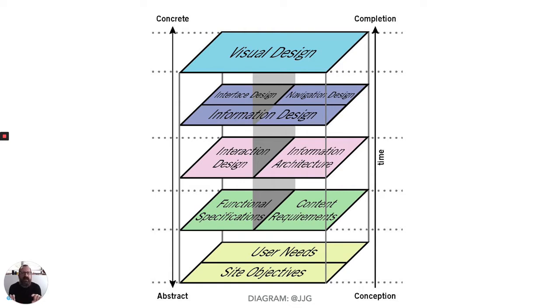Visual design, it's typically a strong practice there in graphic design and interface design. And so you can see at the next level that's informed by the structural design of the screen, the interface design, navigation design, information design. Like, what are we putting on the screen? The next level down, it pushes more into structure. What's the interaction model and the structure of the information that we've